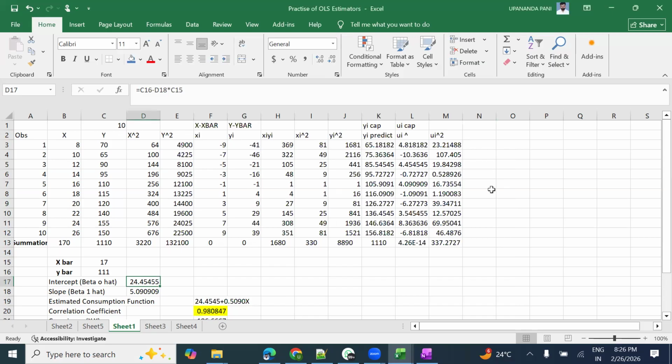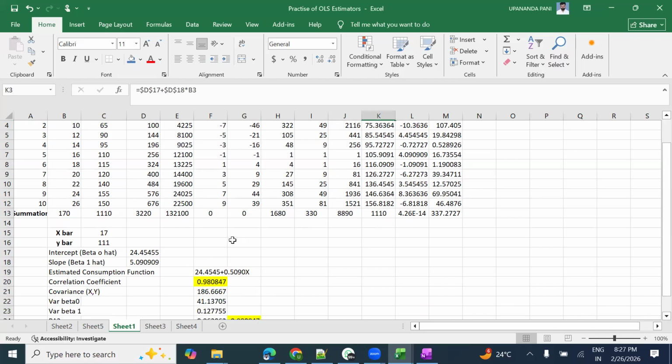But you just see, x I have entered, y I have entered, then I have written summation, then x square, then y square, then small xi, which means deviation form, x minus x bar, then y minus y bar, then xi into yi, then xi whole square, then yi whole square, then yi cap, the predicted values of yi. So how did I get this? I will send you this